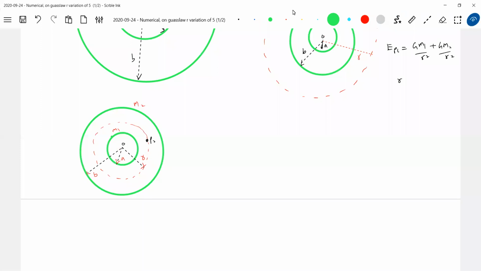It will behave like a point mass. What about M2? M2 lies outside. And what is the field at point P2 due to the outer shell? It will be 0. You assume that the inner shell is not there. If this shell is not there, then tell me what will happen. So what is the field at point P2 due to the outer shell? It will be 0. So who will contribute the field at point P2? Only the inner shell. So what is E at P2? It should be equal to Gm1/r², where r is